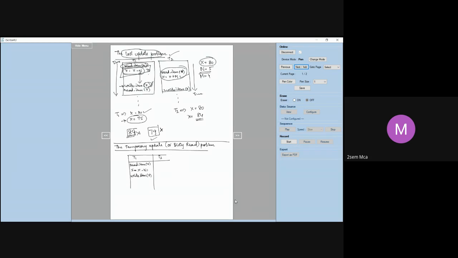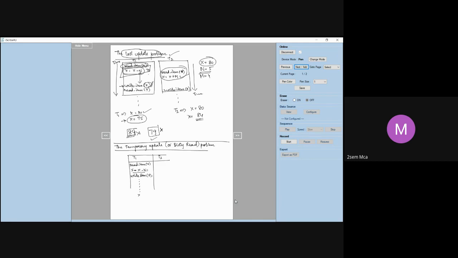So what I said, read item of X, and then T1 is reading the value X. It is doing some updating of X: X is equal to X minus N. Then it writes the value of X also. Then let us say it fails. So it has updated something, but it has failed. The transaction may not have been completed. We never know whether it was completed or not.